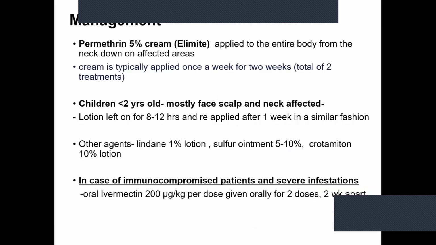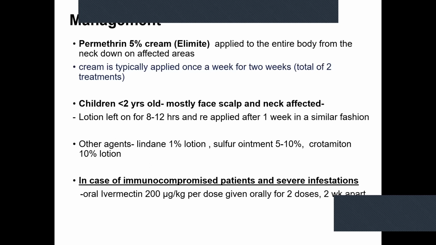Management: permethrin, that is Elimite 5%, can be applied to the entire body from the neck down on affected areas. Cream is typically applied once a week for 2 weeks, that is a total of 2 treatments. In children less than 2 years old, mostly the face, scalp, and neck are affected, so lotion is left on over the face and scalp for 8 to 12 hours and reapplied after 1 week